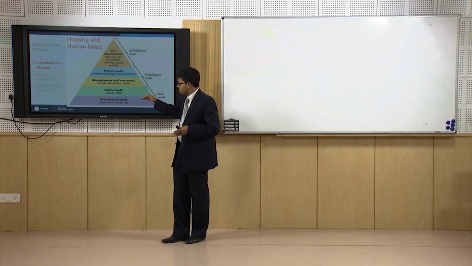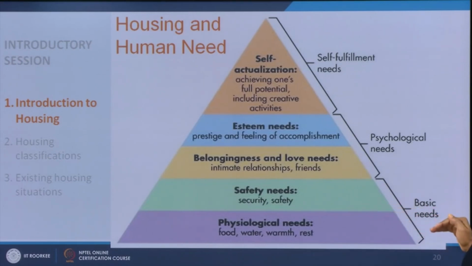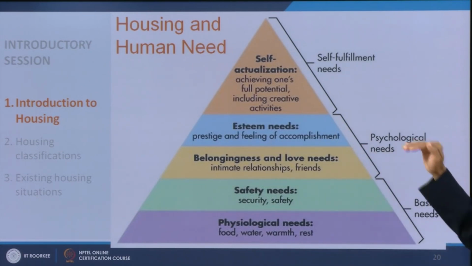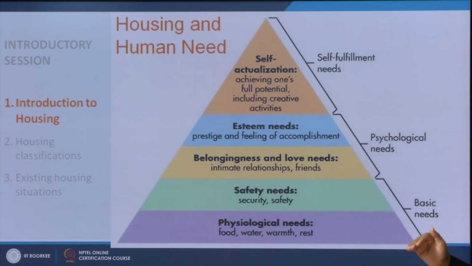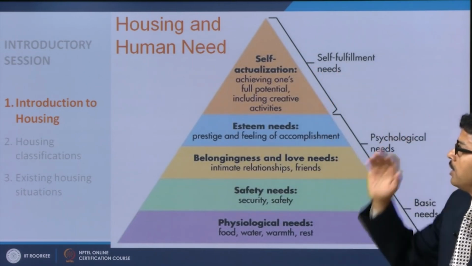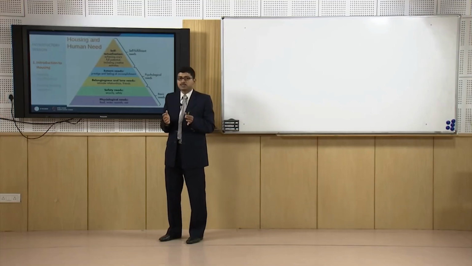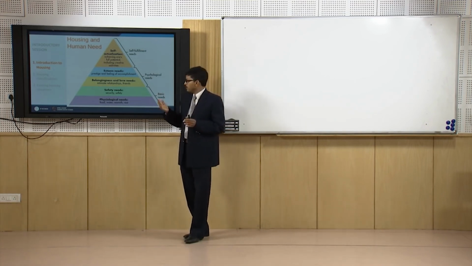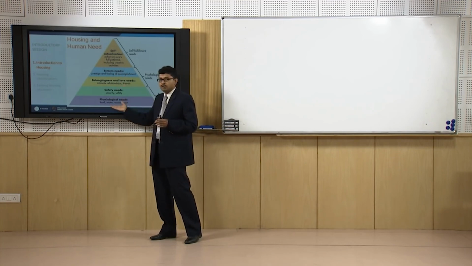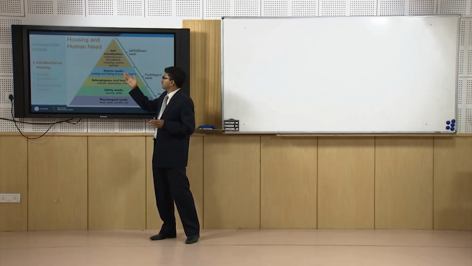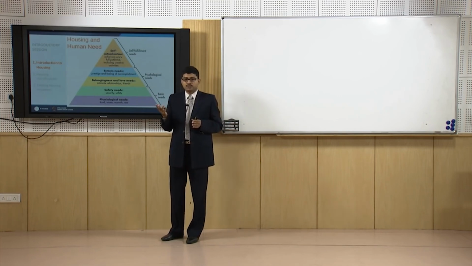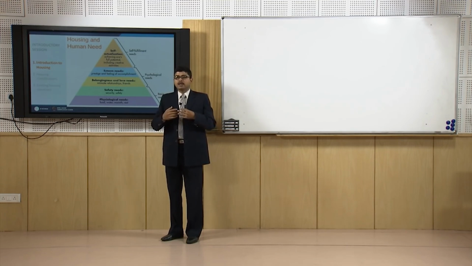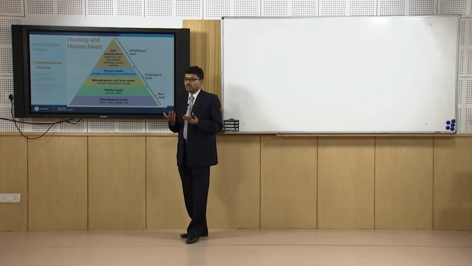So the first two layers at the bottom of the pyramid are the basic needs, and the second two layers are basically the psychological needs of the people. Now the final stage is very important. When we fulfill all these needs, then we have self-actualization, which is nothing but fulfilling the human potential. You can understand that those people who can fulfill the other four needs at the bottom of the pyramid, only after that can they work better, work productively, work more, work for their life, enjoy their life more, and fulfill their human potential in a better way.